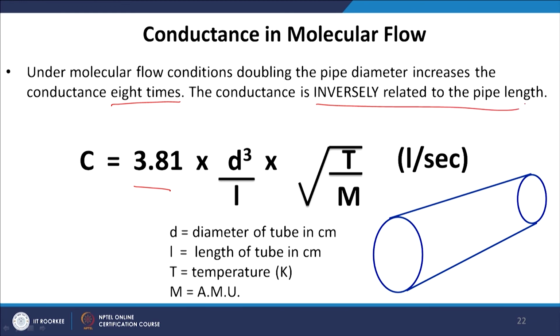So, one thing is common to both viscous flow and molecular flow. If we increase the diameter of the pipe, conductance increases significantly. So, that is expected, right. If we have a smaller diameter pipe, and let us say a very large diameter pipe, and I pass water through both of these pipes, a narrow pipe and a very large pipe, in which case do you expect more water to pass? Of course in a larger diameter pipe. So, that is why the conductance in a larger diameter pipe is higher than in a narrower diameter pipe,